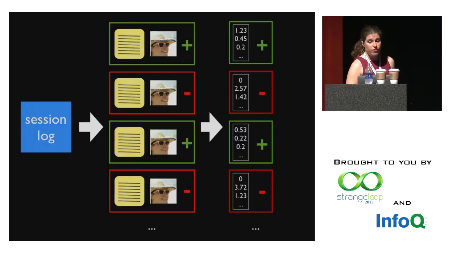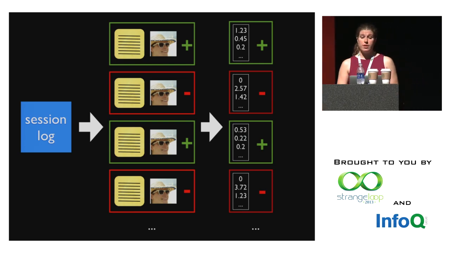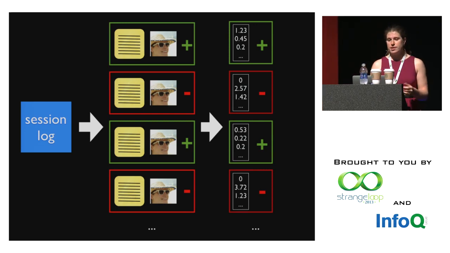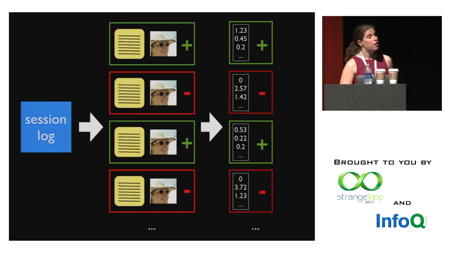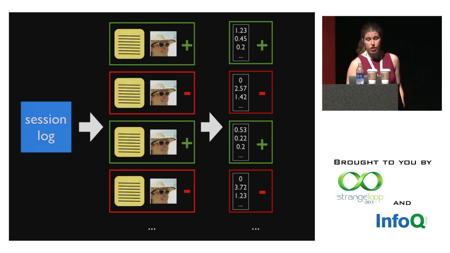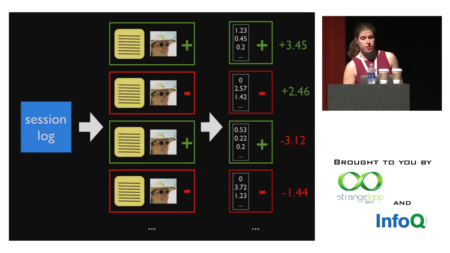Getting back to our visual representation, you can now see that each of these data is transformed into simply a feature vector of numbers and a positive or negative for whether it represents a positive or negative example. Depending on the weight vector that we use, we can now compute scores for each of these data. Here's one set of possible scores.